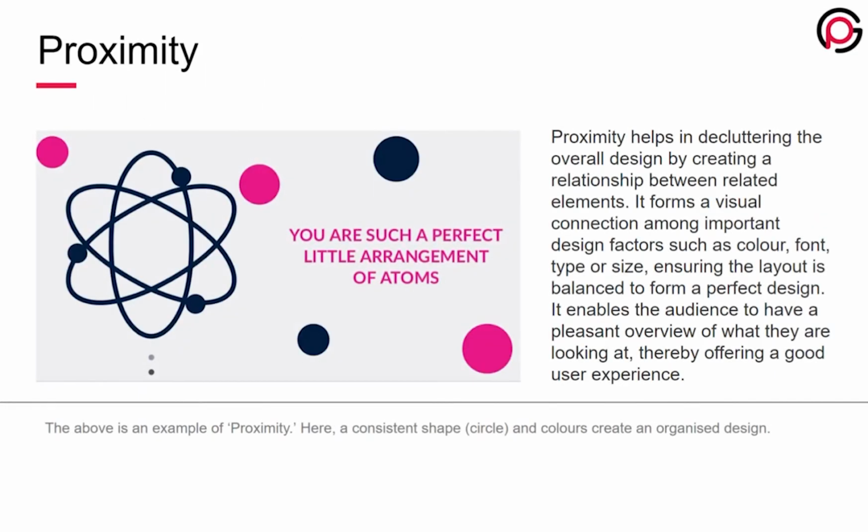Next is proximity. Proximity is the closeness of two or more elements. They turn close when they form a group of information. Always remember, when you are designing a brochure, or anything which is related to it, providing similar information, then their proximity should be close. Means you must keep them close together to develop more sense. The above is an example of proximity.